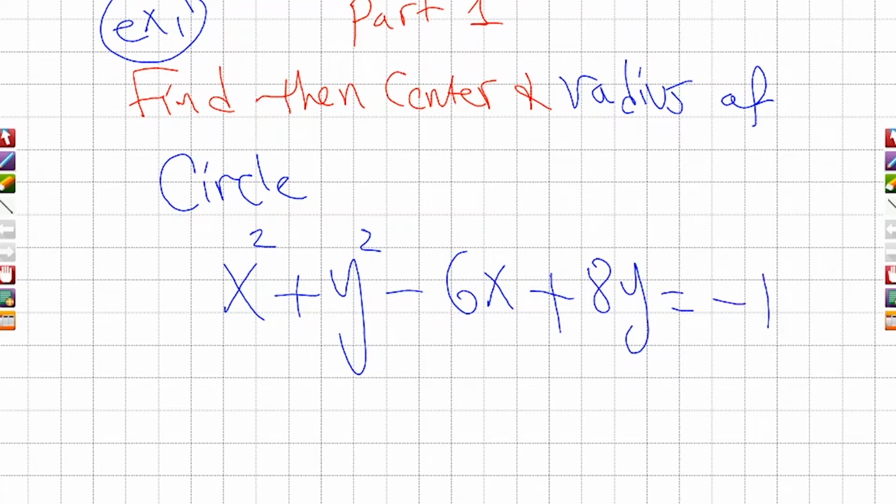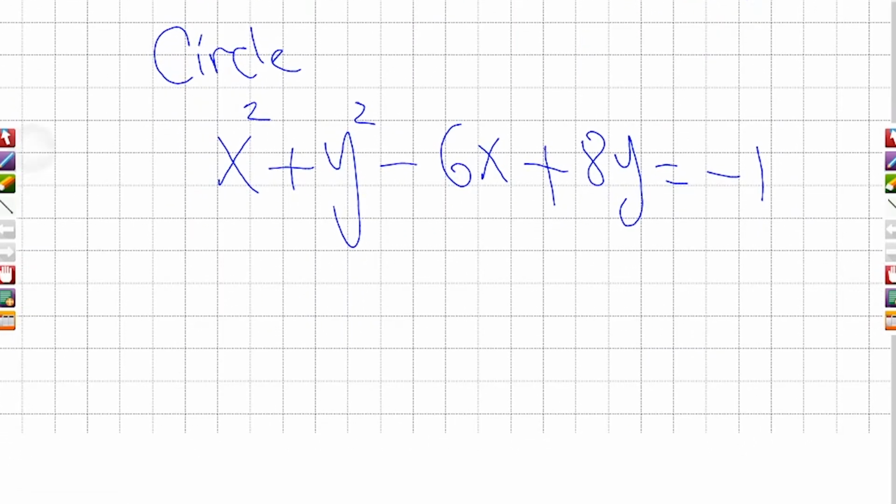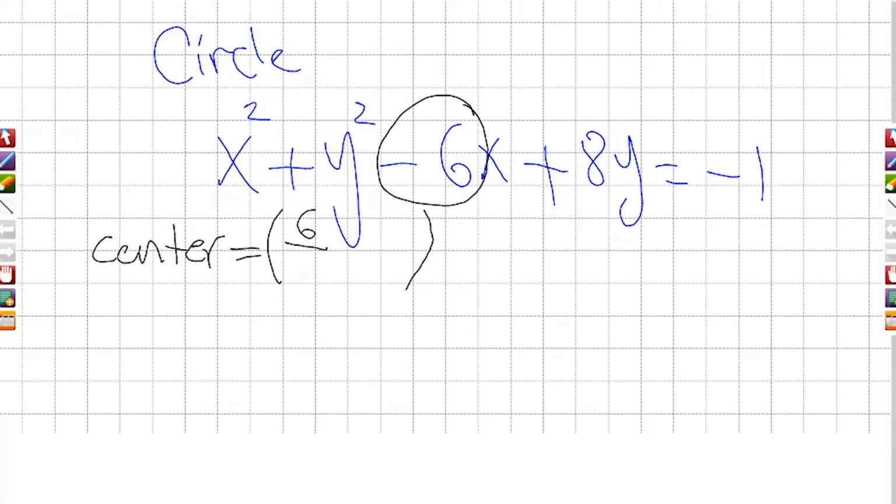Safe, come. You have your pen. Take the page. You have to be nice and neat. Write down the center. Center equals an ordered pair. Tell us, what's the opposite of negative 6? 6, divided by 2. What's 6 divided by 2? And the opposite of 8. Raise your voice. The opposite of positive 8 is negative 8 over 2.